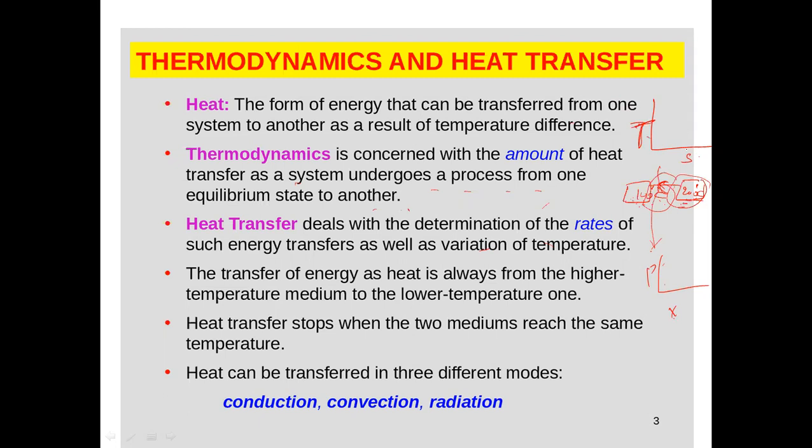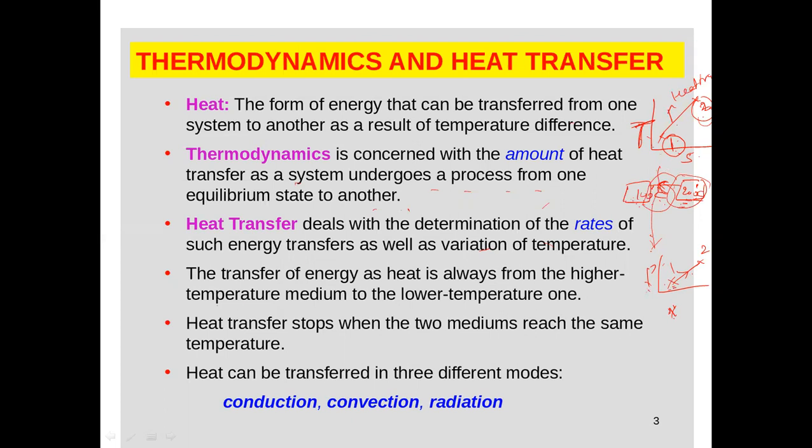In heat transfer, if you draw a TS diagram and mark a process going from state 1 to state 2, this is one equilibrium state and this is another equilibrium state. Here the system changes from equilibrium state 1 to equilibrium state 2 because of only the heat transfer. Whereas in work done, if you draw the PV diagram, the system changes from state 1 to state 2 because of work transfer. So work transfer means a PV diagram and heat transfer means a TS diagram.